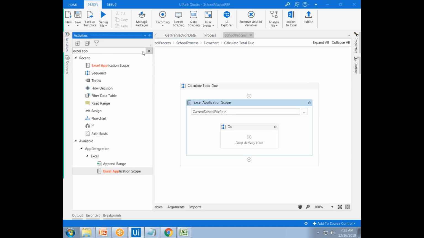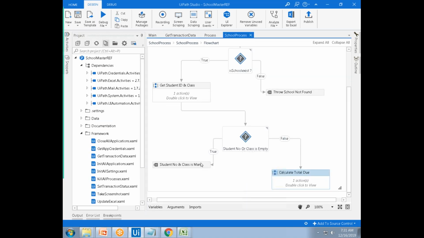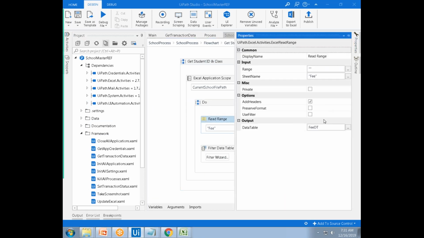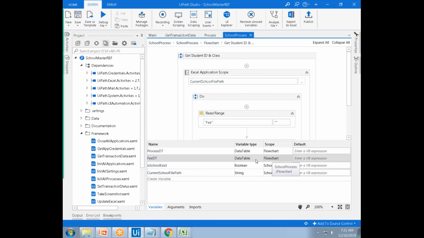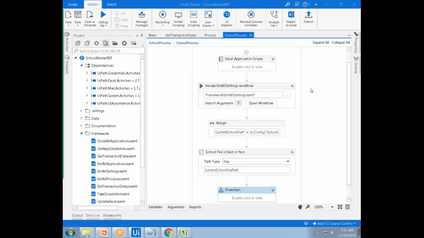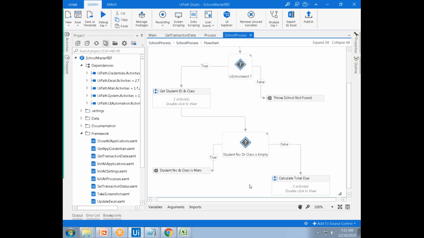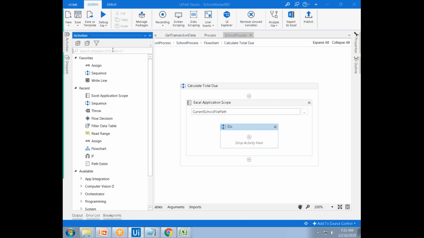So we already taken the read range. Here we already taken the read range. The read range is the entire data, the fee DT. That fee DT you can access from the full folder. Okay, so here, within this, you have to apply that